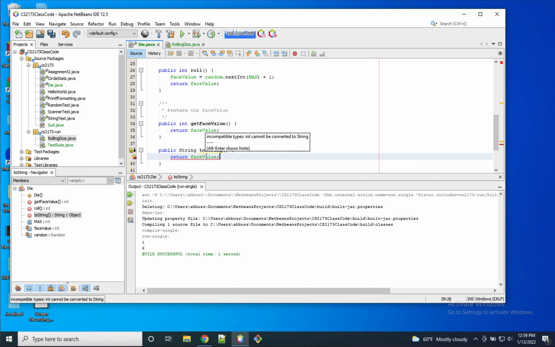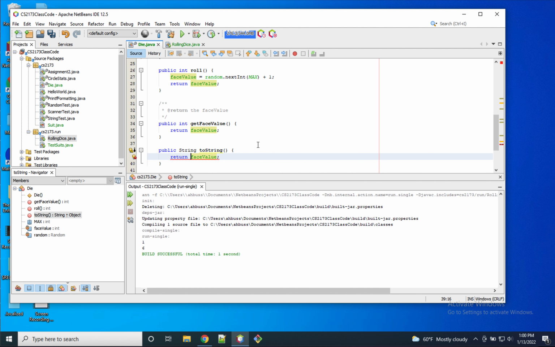And now here's the problem: toString is a method that needs a string, and if we just return face value, it doesn't let us, and the error says exactly what the problem is. Incompatible types, int cannot be converted to string. Now there are a couple ways that we can fix this,